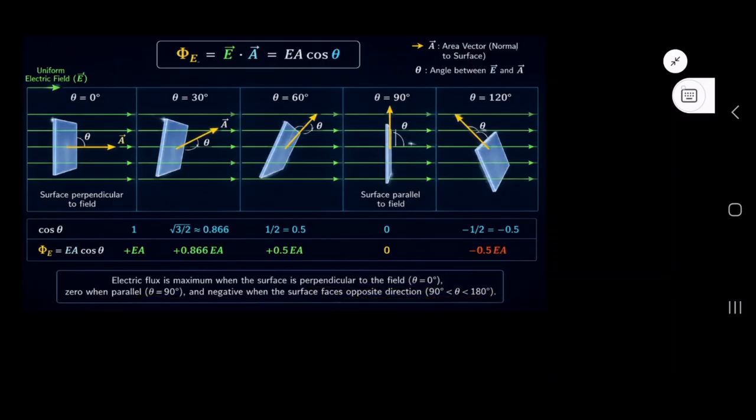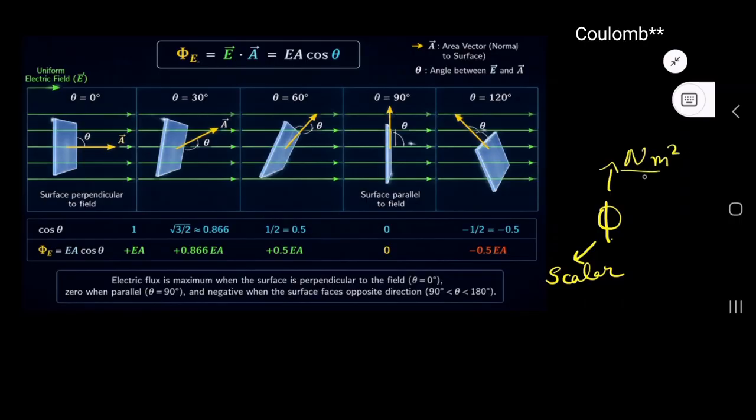depending upon the angle. So in this video we have discussed about the electric flux, and we have talked it is a scalar quantity and its units are Newton meter square per coulomb, or we can say it as volt meter, right? And it is equal to E dot A. Okay, so